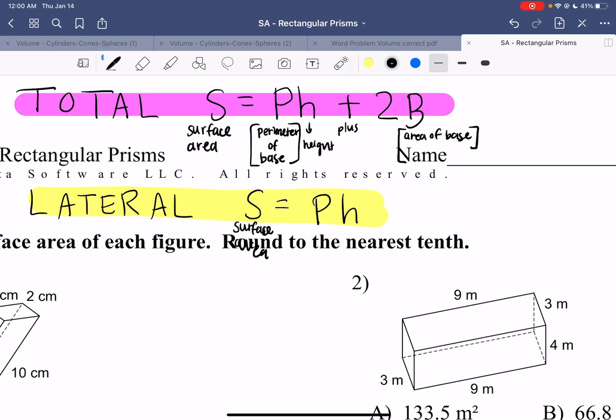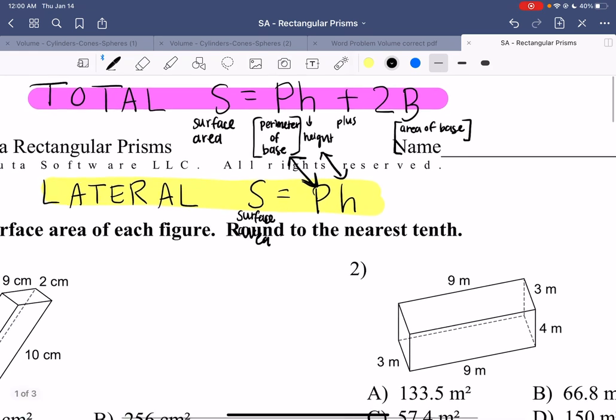Again, we have capital P, and it's the perimeter of the base. This part matches up, and then we still have our height here. So the lateral surface area and total surface area are connected, but one is only part of the